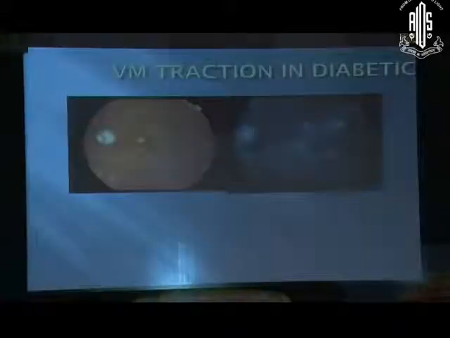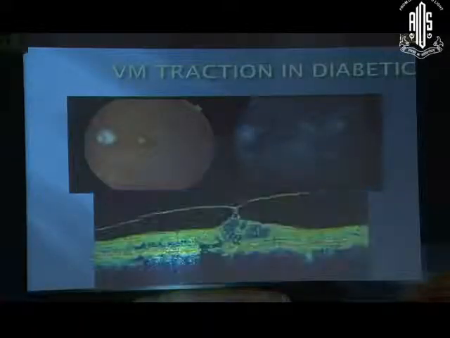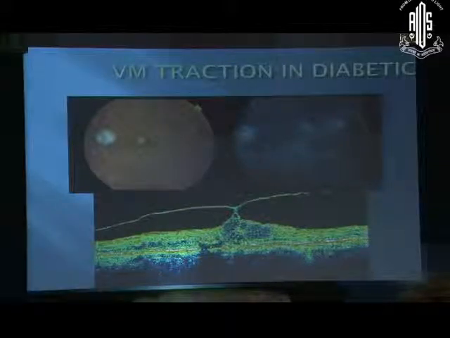Sometimes the clinical picture may not be showing much, but on OCT you see a lot of other findings which are not clinically evident and which explain all the vision loss in the patient. One more thing which is not easily discernible on clinical examination or other investigation is the vitreomacular retraction, and these changes can explain the failure of anti-VEGF or the worsening of the patient after laser if OCT has not been done previously.